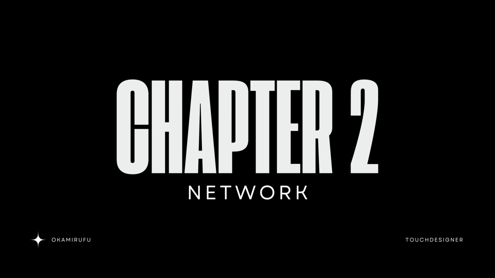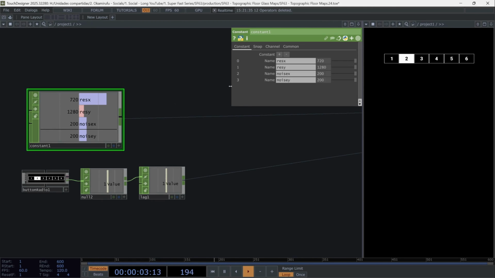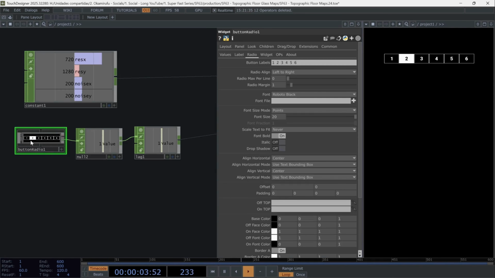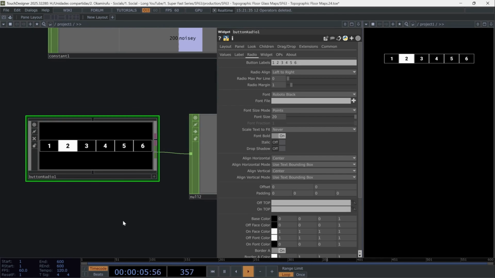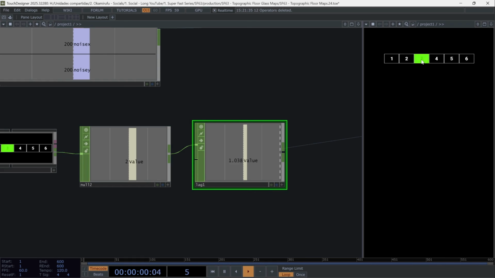Chapter 2. Network. First, we need to establish our global variables. Create a constant chop. Set the channels for global composition and noise resolutions. Also, we will use a radio button widget. I gave mine this black and white look. The buttons are connected to a null to get the value data, and then a lag to get smooth transitions